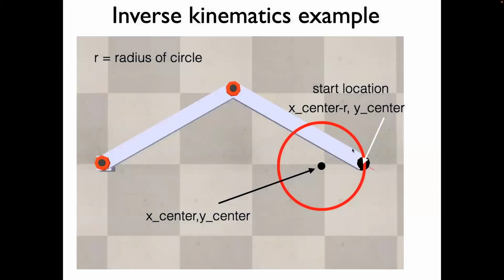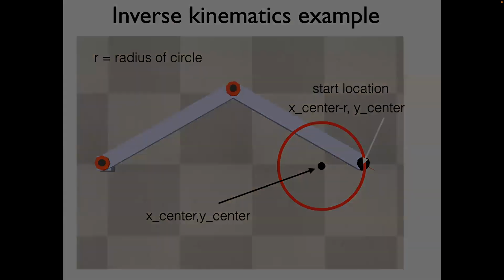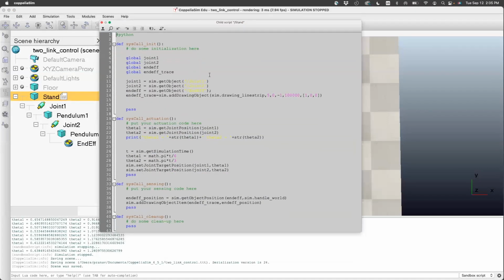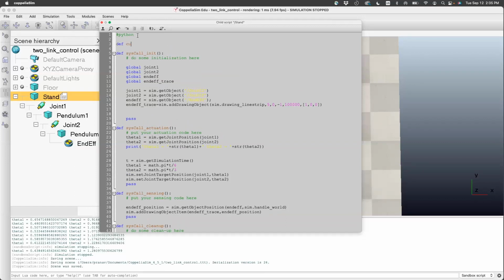For this circle, I'm going to create the curve, and to define the circle completely, I need three things. I need the x center, the y center, this is the center location, and the radius of the circle. Okay, so let's create a curve in the Python code first, and we can go from there. This code was written as a result of the previous video on modeling. Here I'm going to create a curve,